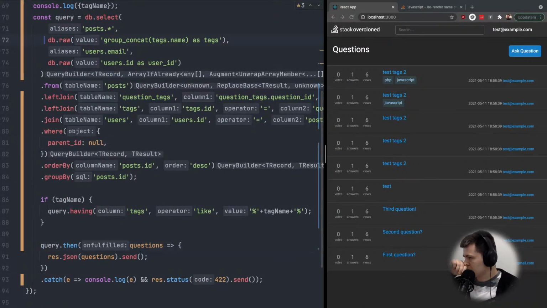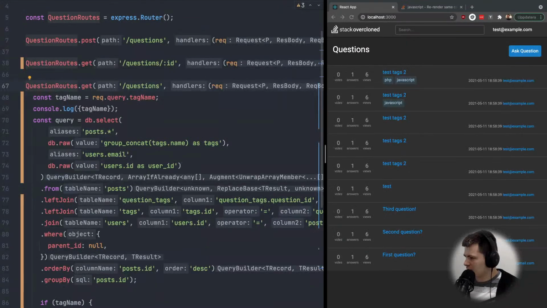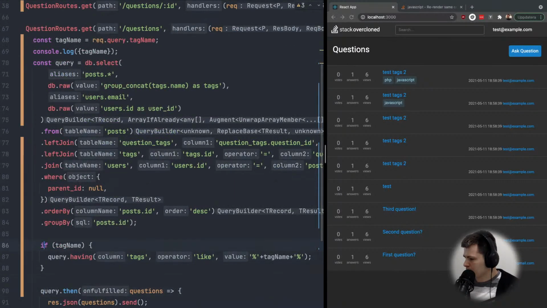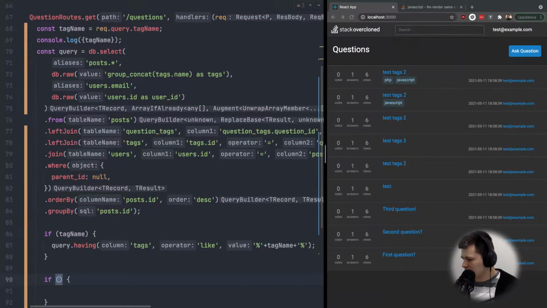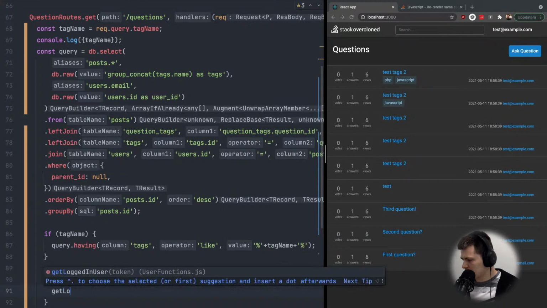Here we need to know if we are not getting this param. So it's a start page, because tag name we only get on the tag page. Then it's start page, index page, home page, this page here. No tag name defined. So let's get the logged in user,